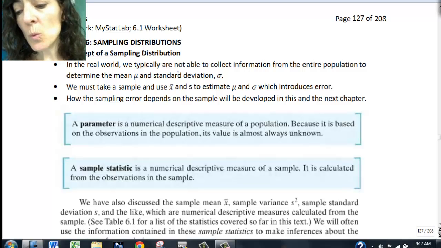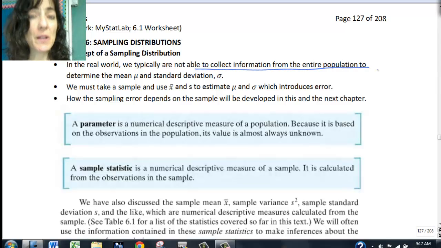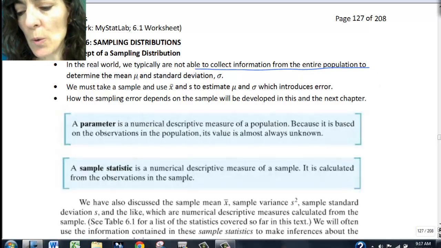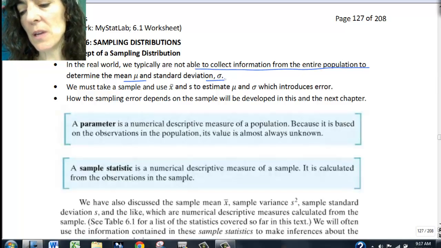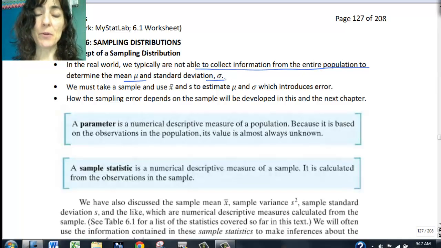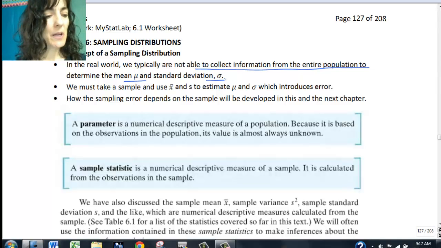So in the real world, we typically don't collect information from the entire population because remember that costs a lot of money, it takes a lot of time, and we don't always get every single person contacted anyway. So we have to have the entire population if we want to find the mean and the standard deviation for the population, but generally what we do is take an estimate. So with our samples,